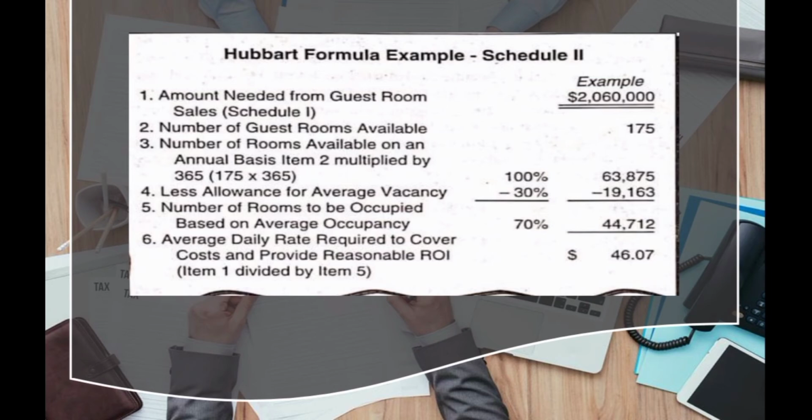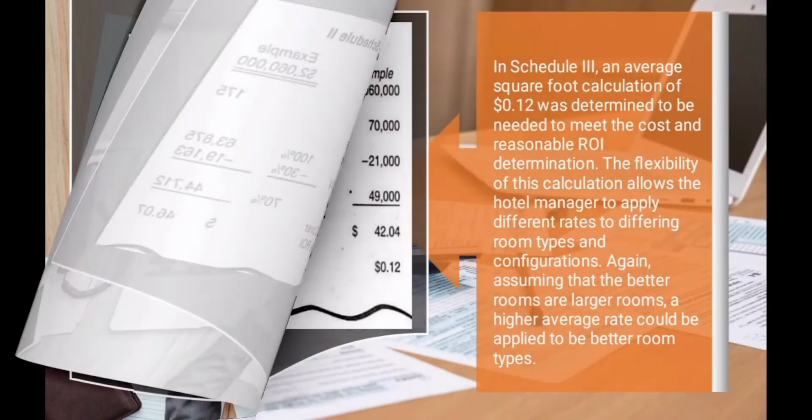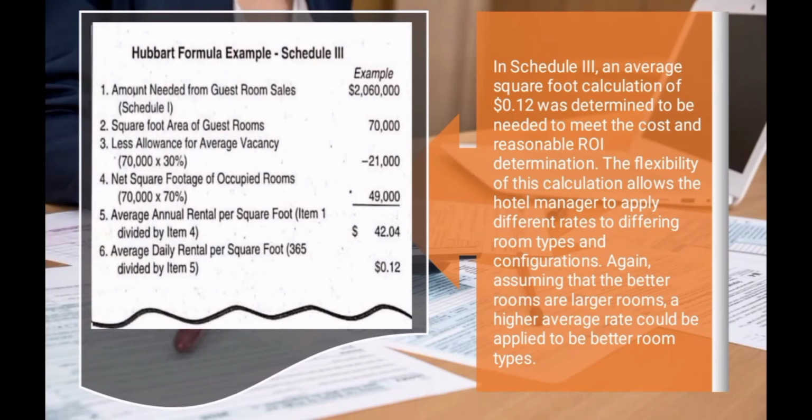Number one, room cost analysis does not include the ROI provision that Hubbard does. Number two, room cost includes opportunity cost. The cost of maintaining each room for every night is included in determining room cost. So for Schedule 3 of the Hubbard formula, we have the amount needed from guest room sales, which is